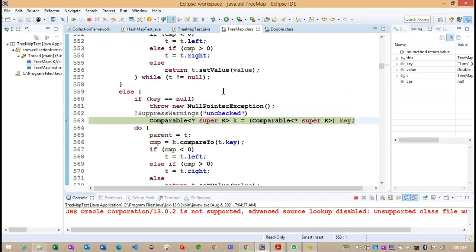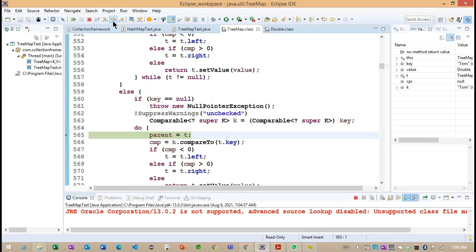Now you can observe what they are doing here. They are working on the comparable here. Based on this particular comparable, because we have not implemented a comparator. We have not implemented this particular comparator here. So by default they are going to work on the comparable concepts here. Right. Now you can see what is the T here.